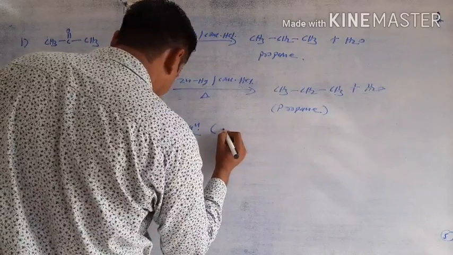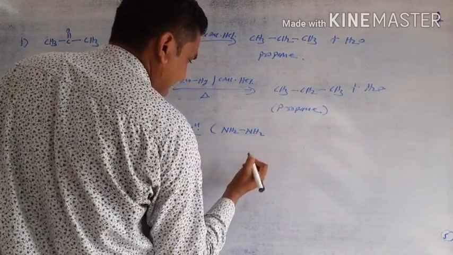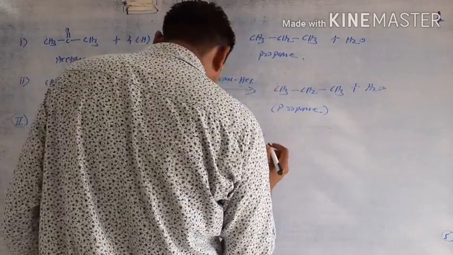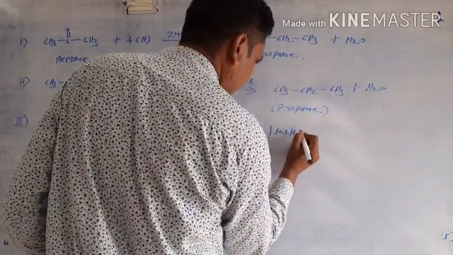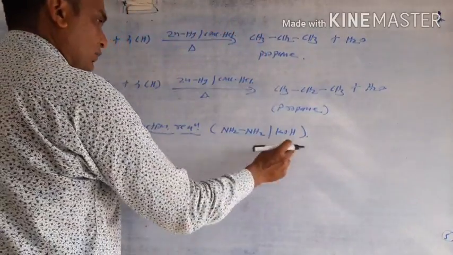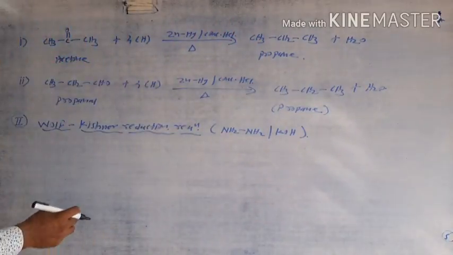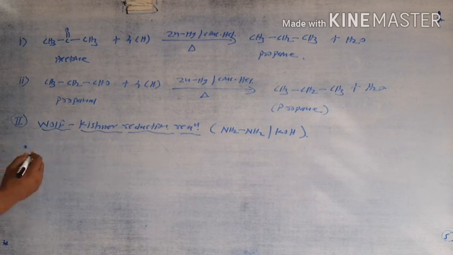There will be hydrazine in presence of base like KOH. This type of the reaction is simple, meaning when